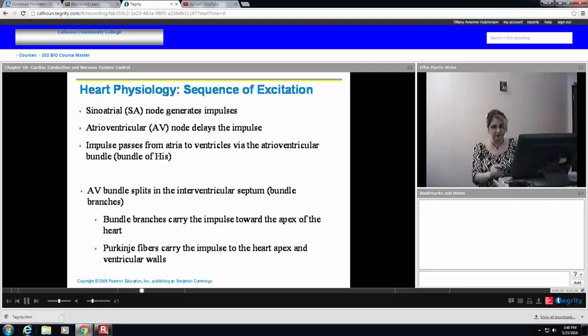So these cells are self-stimulated, and they're responsible for keeping the heart muscle contracting, and it serves as sort of an in-house conduction system that allows the heart to keep beating even without the input of the nervous system. Now remember, when we looked at skeletal muscle cell contracting, you always had that motor neuron stimulating